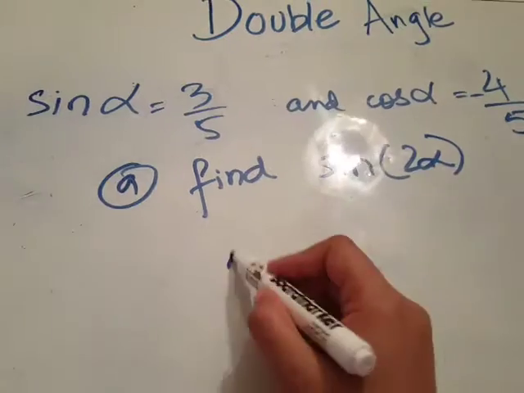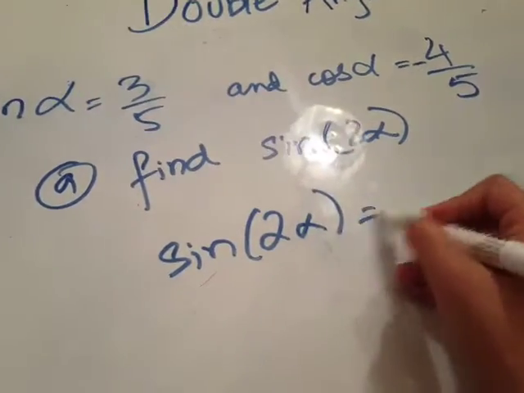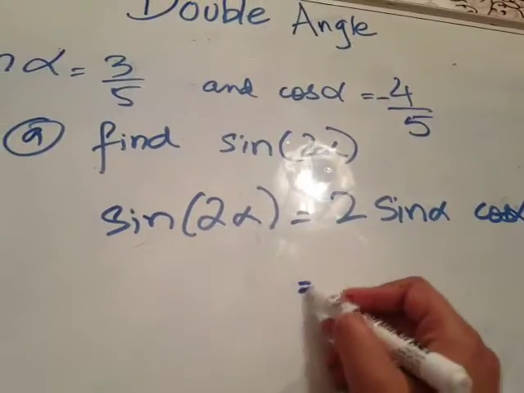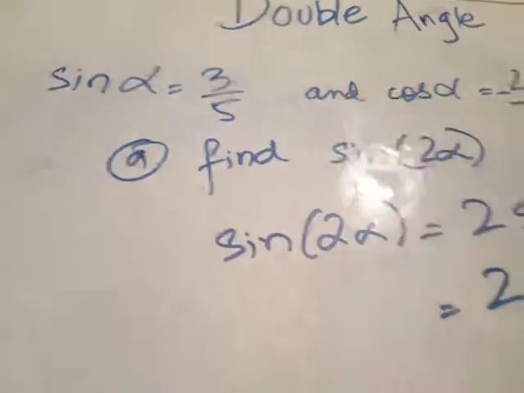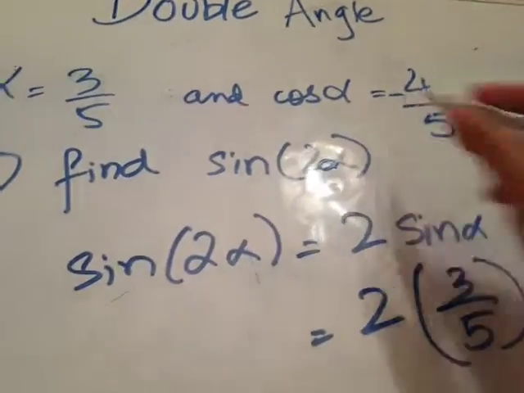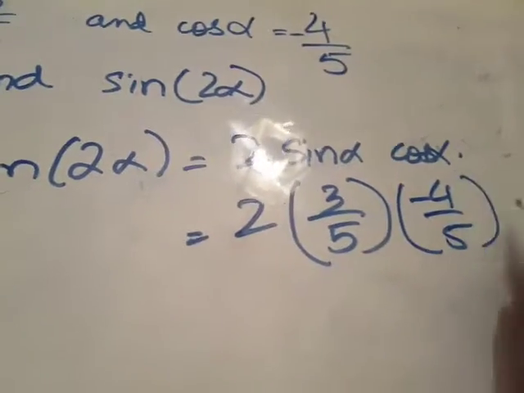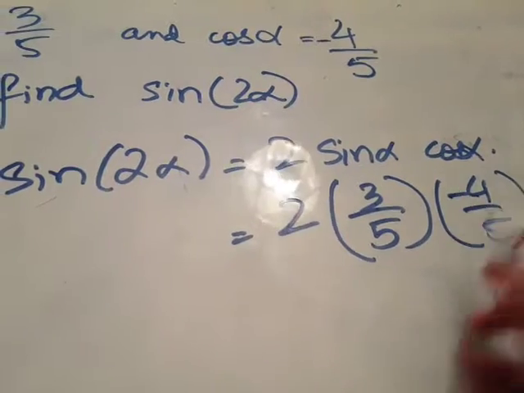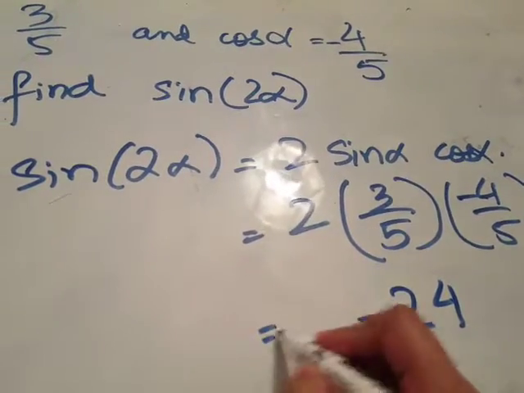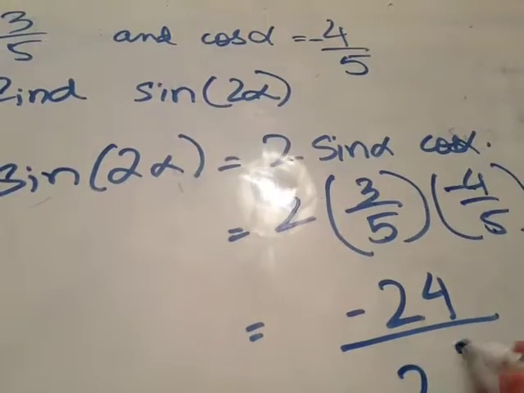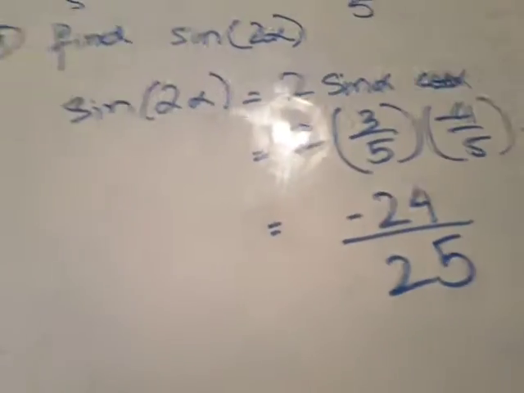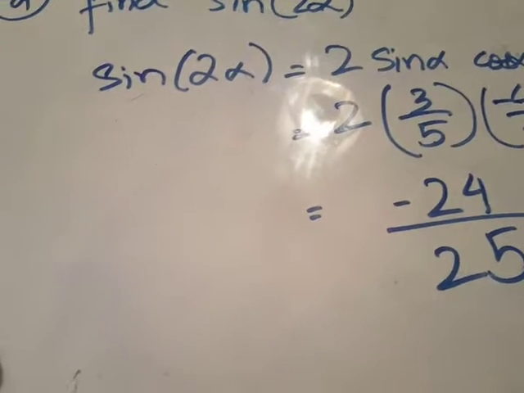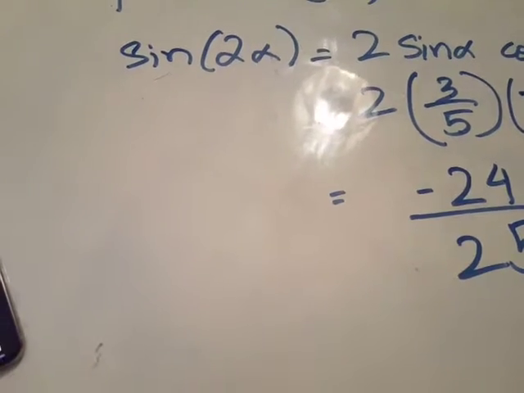Okay, it's very easy. Sine of 2 alpha is equal to 2 sine alpha cos alpha, right? So you are given the values: sine alpha is 3 over 5, cos alpha is minus 4 over 5. 2 threes are 6. 6 multiplied by 4 is 24. Since there is a minus sign, minus 24. And 5 multiplied by 5 is 25. So this is my result for this. Okay. Now I will use one more example